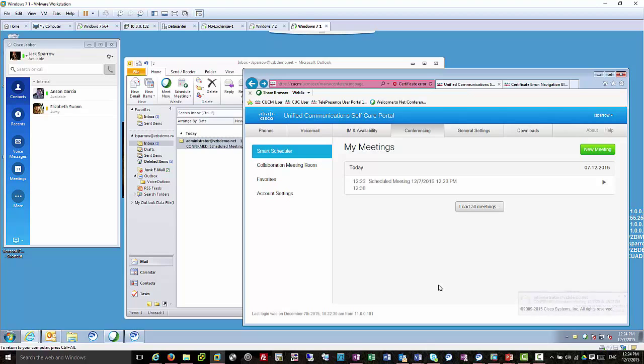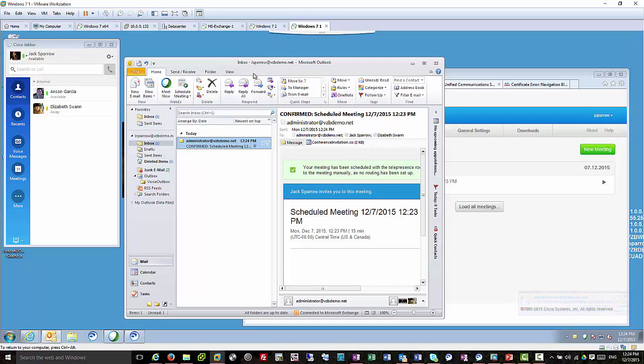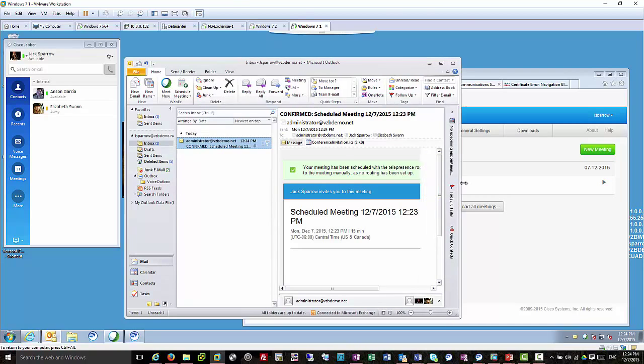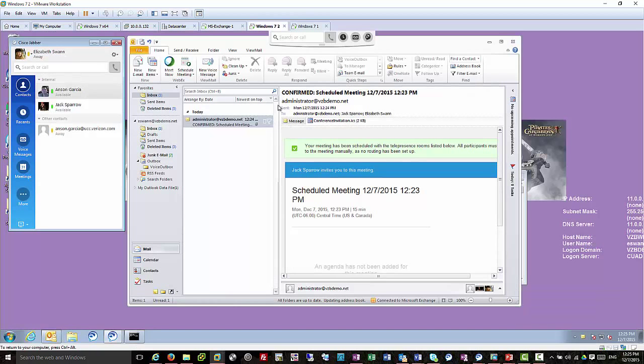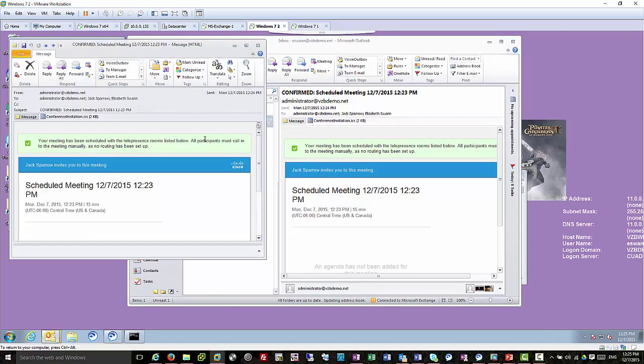Now, there's all kinds of other options here, but I'm just going through it pretty quickly. And you can see that I got an email confirmation. So there's nothing like WebEx productivity tools or anything like that that we're using. This connects up directly to your Exchange environment, and then forwards those emails and those ICSs, so you can save them into your calendar. So I got an email with an ICS, and if we go look at Elizabeth Swan, she got an email with an ICS, and then she can click on that email, bring that ICS up, and then save that to her calendar,